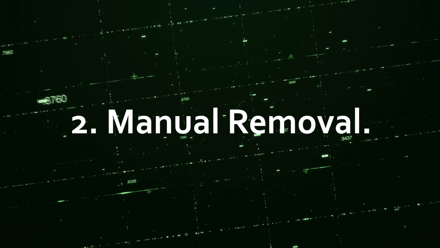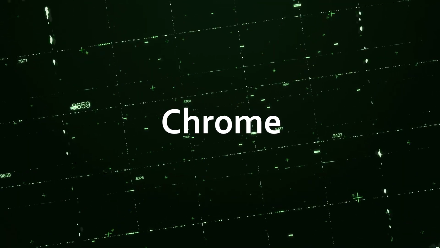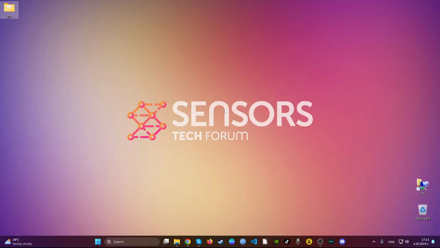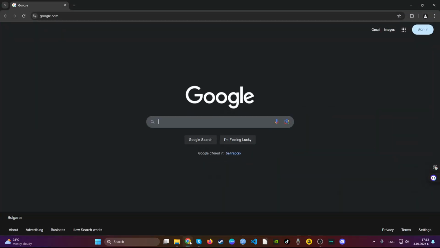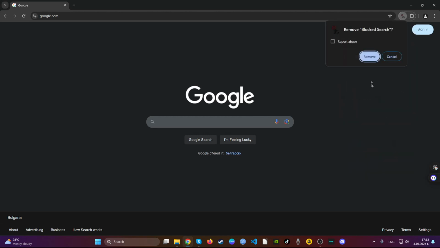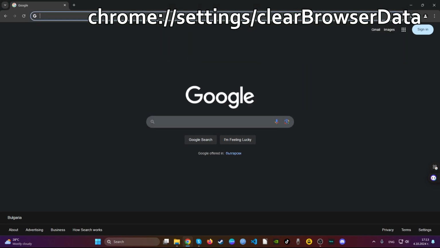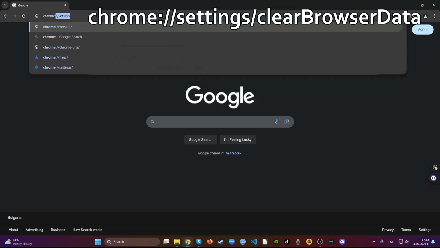For the manual removal, we will start with the web browser Google Chrome. Open Google Chrome and then navigate to the top right corner where it says extensions. Then choose the extension that you find suspicious and then remove it. Then go ahead to the address bar and then type chrome settings